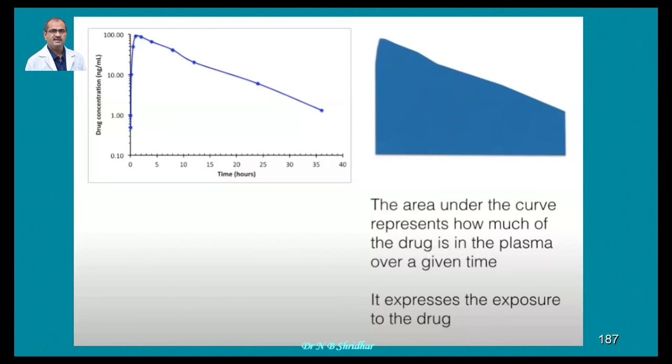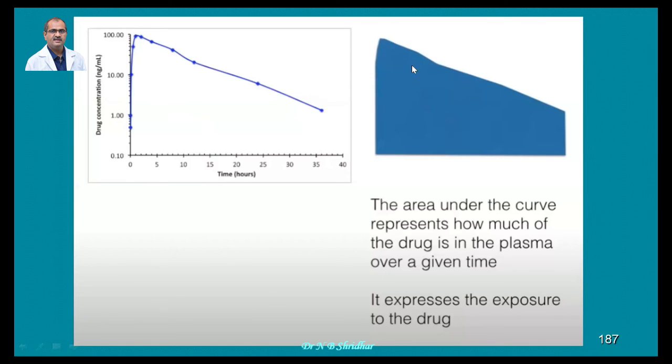Suppose 4 to 6 hours, how much quantity of the drug was there? 16 to 18 hours. Like this, the area under curve is obtained, because here this is the time in hours, whereas the drug concentration is in milligram or microgram, whatever it may be. So this pattern is followed. In the absorption phase, the increasing concentration will be there in the plasma, then it goes on decreasing. So we are calculating the concentration of the drug available for action between 5 hours and 25 hours. Then the area under curve is this much, 5 and 25.